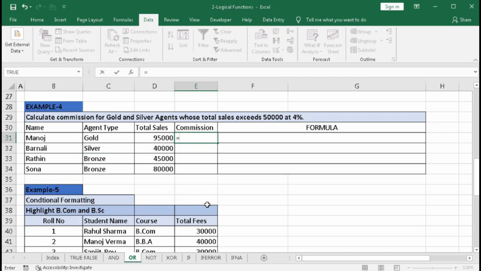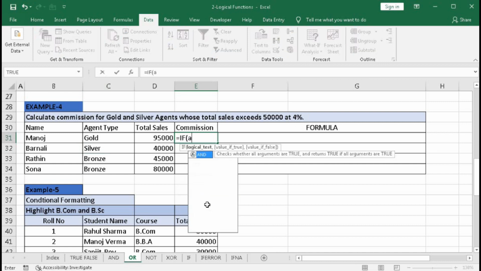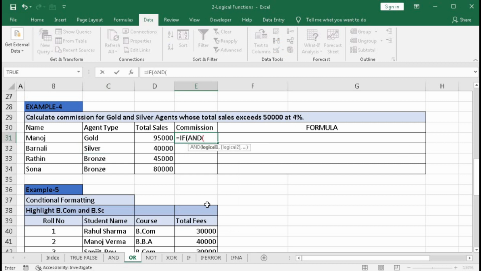So here equal to IF AND, so within AND the first logic will be OR, this cell equal to gold, comma, this cell equal to silver, bracket close. So this is the first logic for AND, and the second logic is this cell greater than 50,000, bracket close.